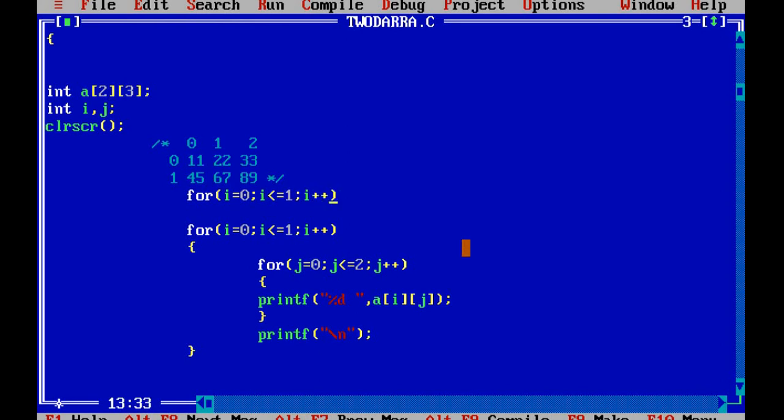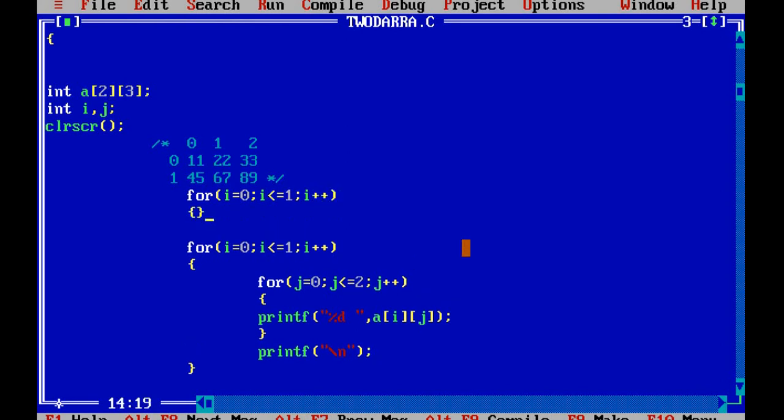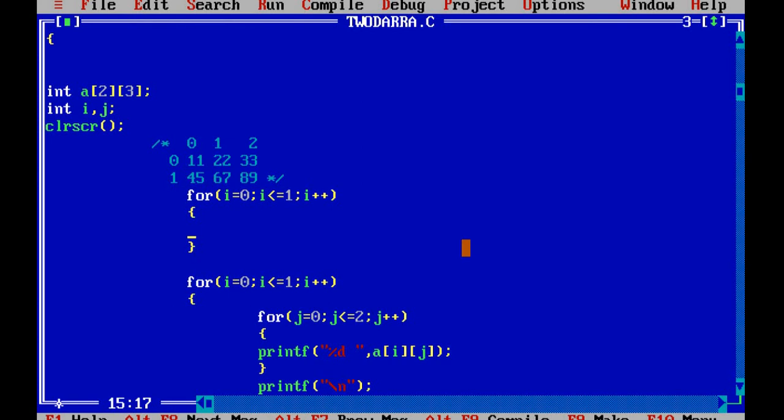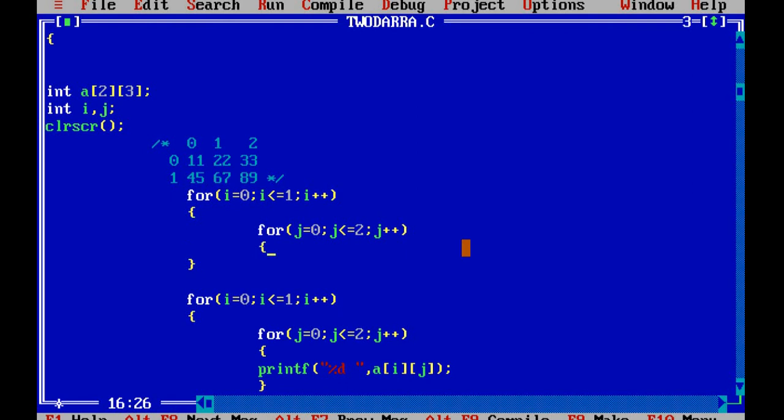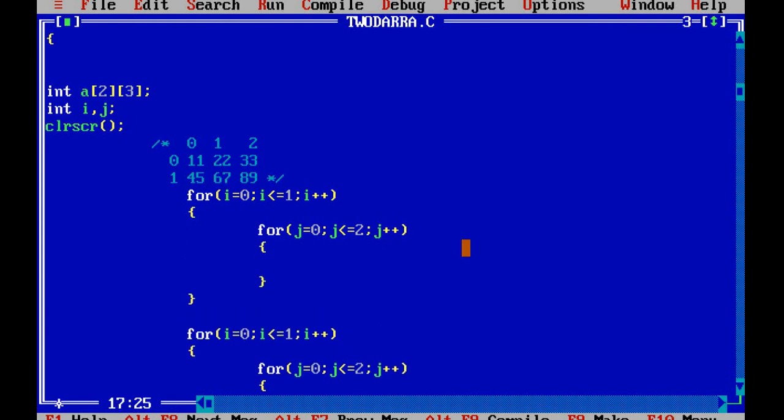Then i++. After that again you have to write one more for loop which specifies the column numbers. So j is equal to 0 because the column also starts from 0, j less than 3, in this case it's 2 by 3, then j++. So it will specify the column number. Now after that here we are reading the data.